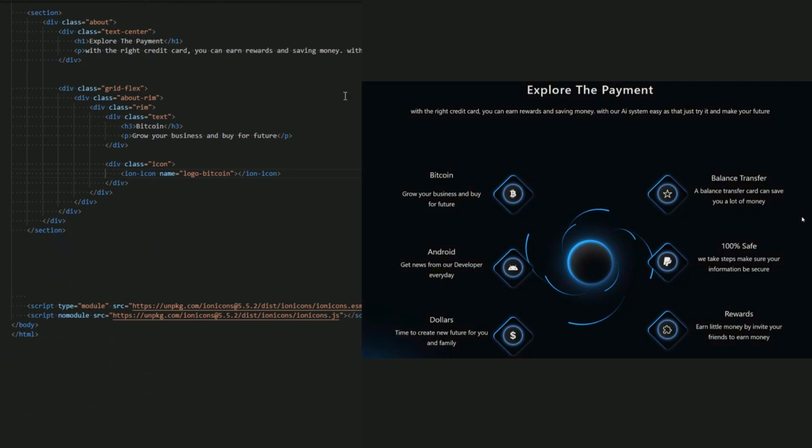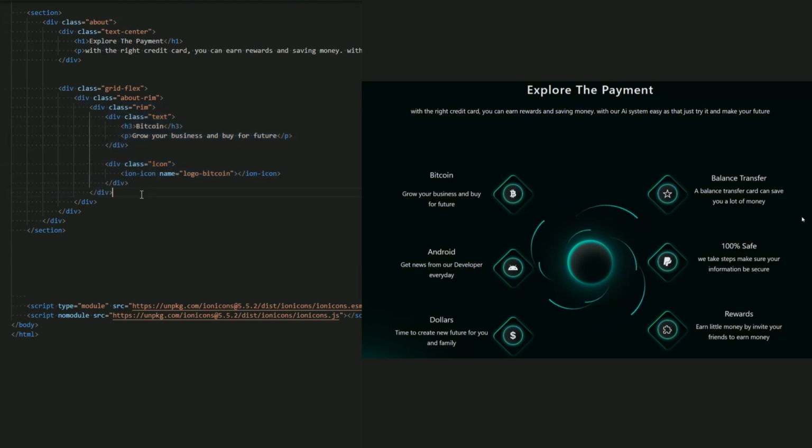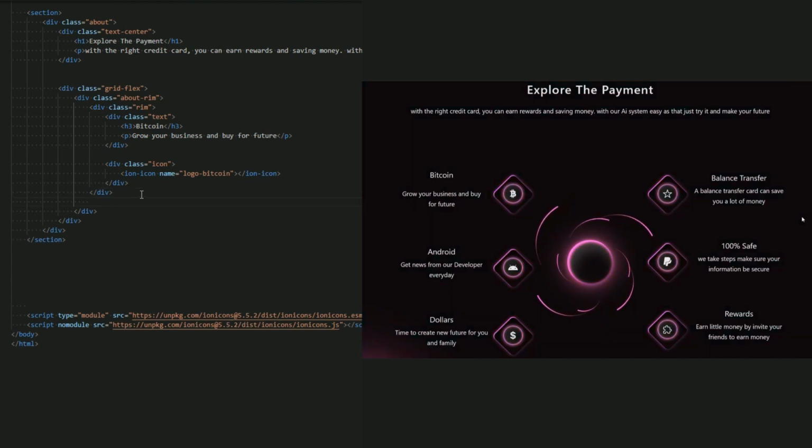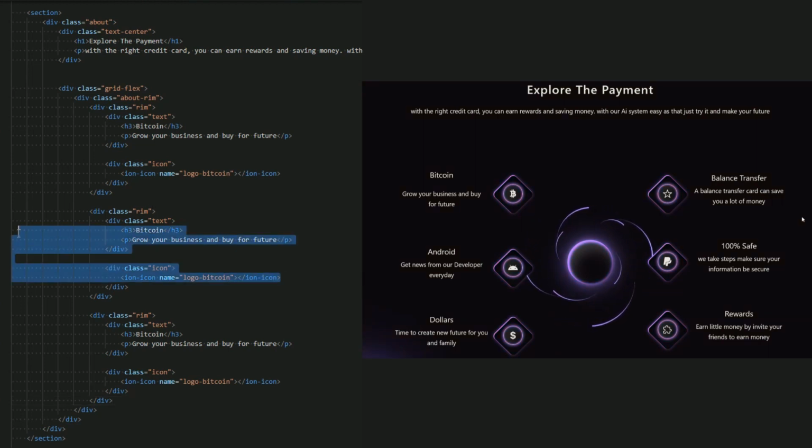Let me just scroll down. Okay, this is our rim box, which is this small box, as you can see, and let me just copy paste it 2 times to have 3 boxes in the next line. Okay, rim 2 and rim 3. Okay, and the text, let me just change it with the icon.